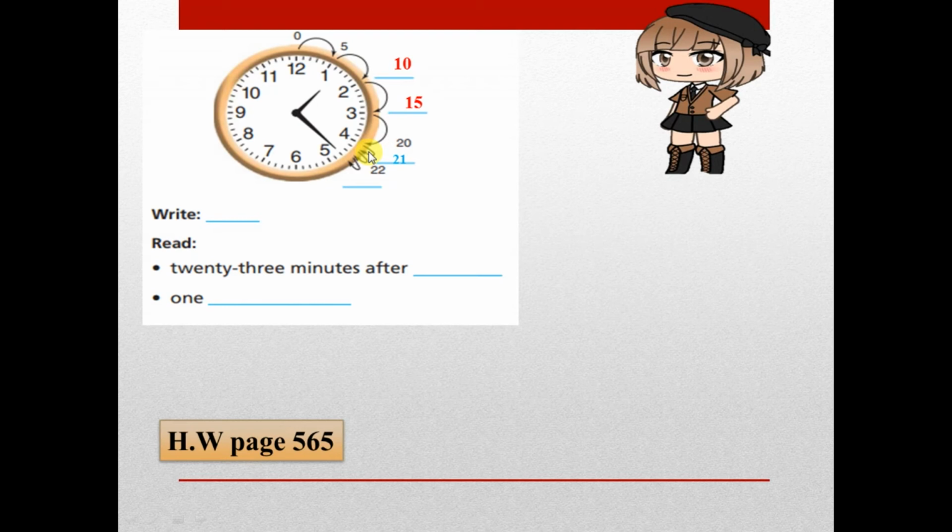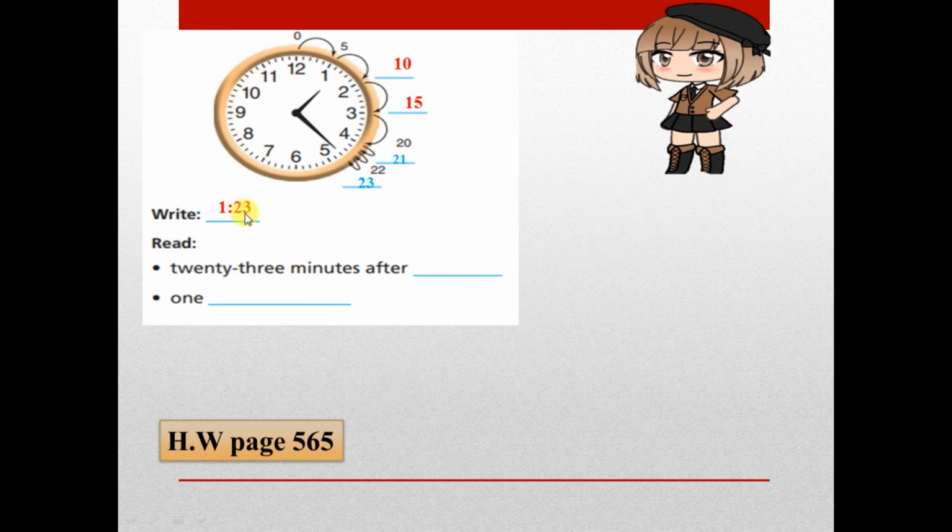After that, we have small marks here. We can't count whole 5. So after that, each small mark will count as 1. So after 20, 21, then 22, then 23, and here's 23. So the time now is 1:23, and don't forget to put the colon between the two numbers, the hours and